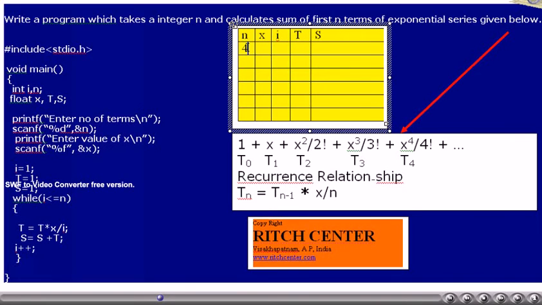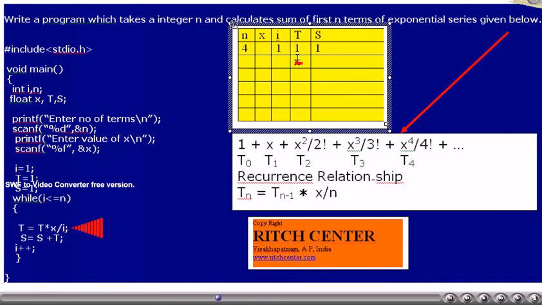We wanted to simulate this program with some value of n. Thus, n value we have taken as 4. And we have not taken any value for x for brevity reasons. Initial values for i, s, and t are taken as 1s. i, is it less than or equal to n? That is, yes. Thus, loop is going to get executed once.